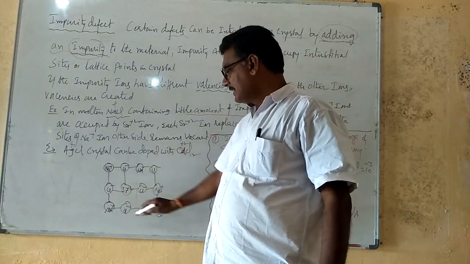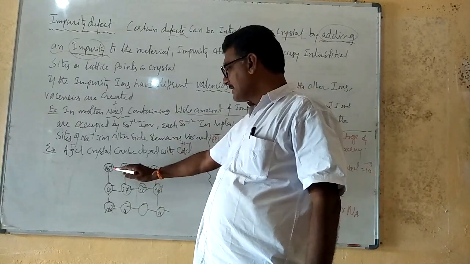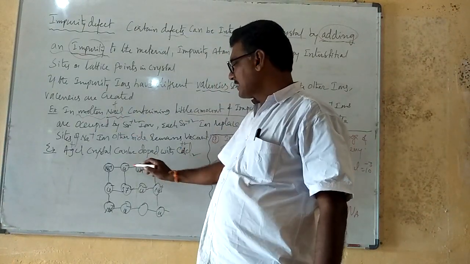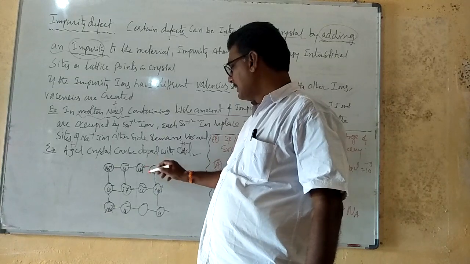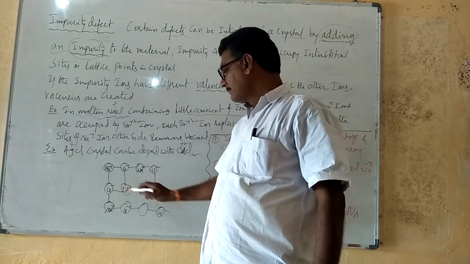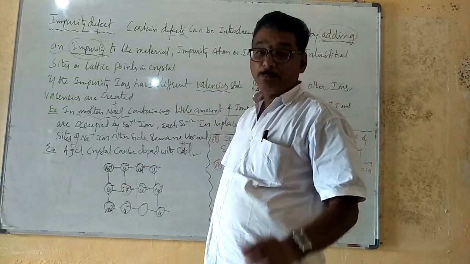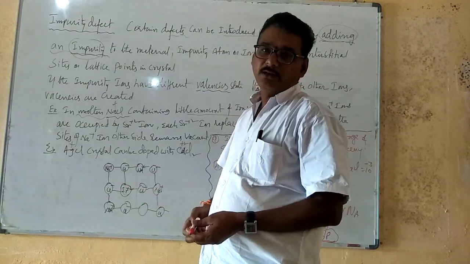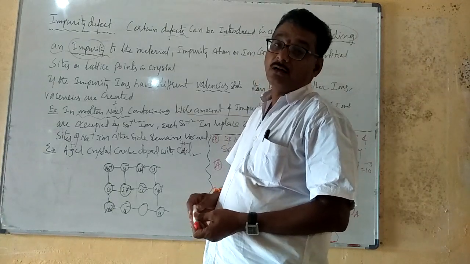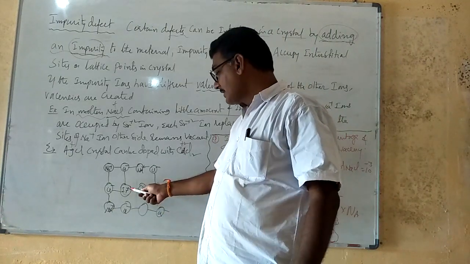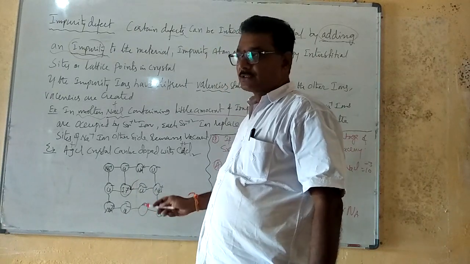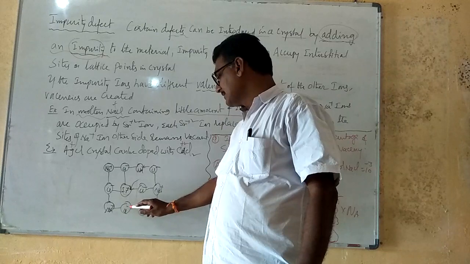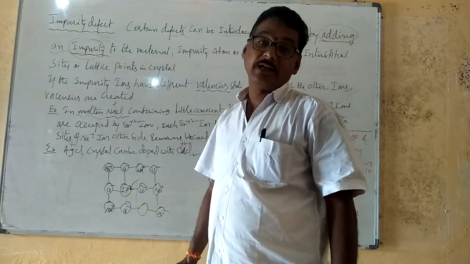For example, this is a lattice of molten NaCl. Na plus, opposite Cl minus, Na plus, next Cl minus. Here, in place of Na plus, Sr plus 2 will be joined. The strontium ion has plus 2. So Sr plus 2, Cl minus, again Na plus, again Na plus, Cl minus. Here you can see the vacant space.